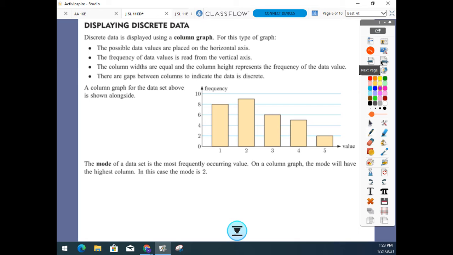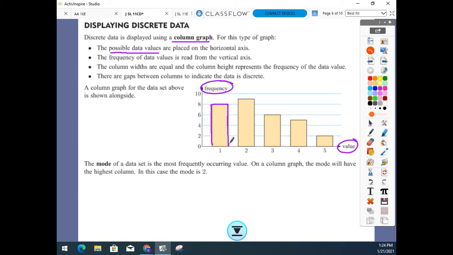All right, so a way to display your discrete data is by using a column graph. So the possible data values, the actual values, go along the bottom. Notice how the X is marked as the values. Then the frequency, how often they occur, go up and down. So if you look back to that last, actually in your note sheet, it's just up above. Since there are 8 ones,